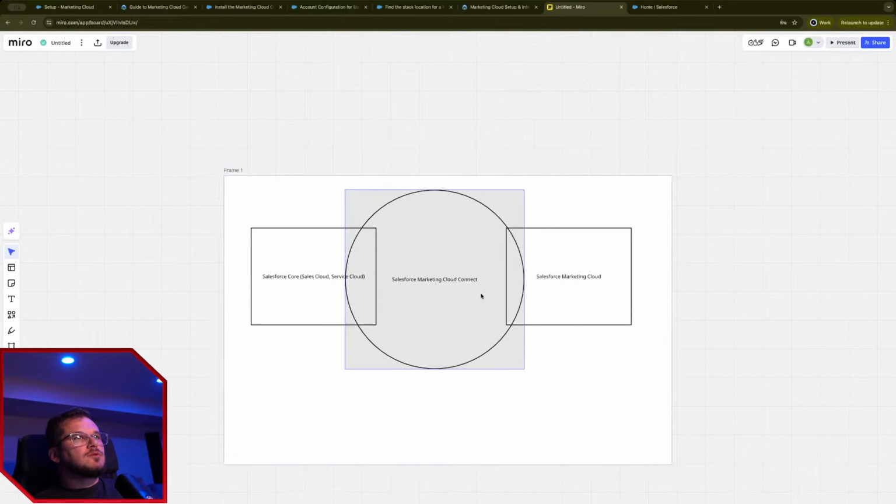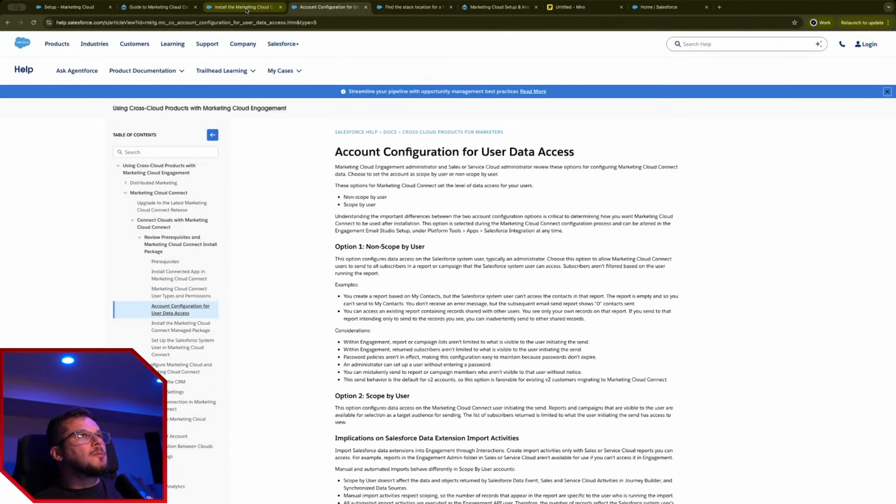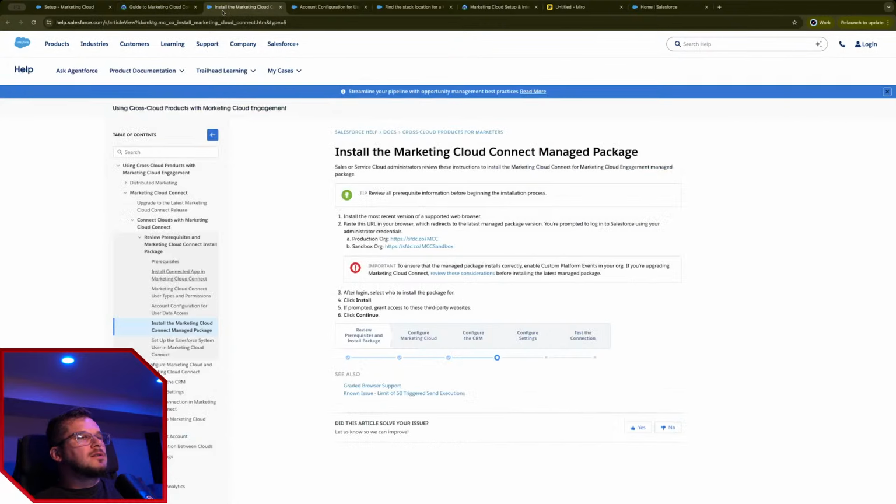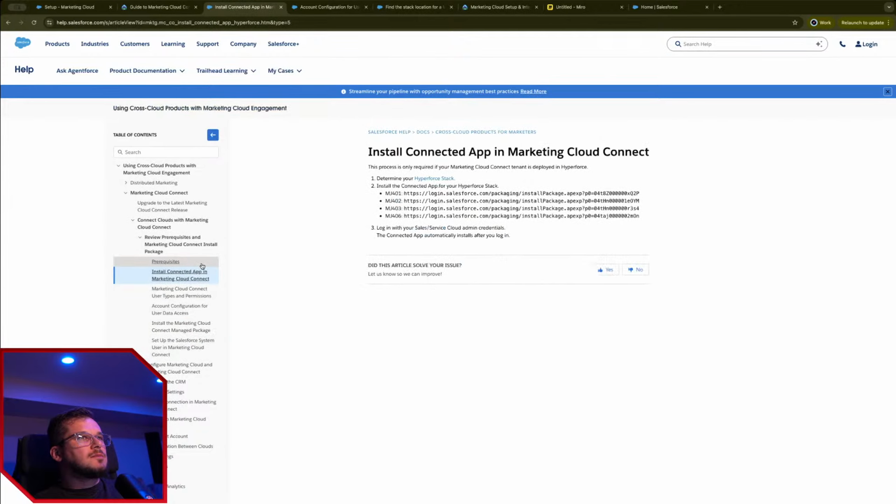And that's what I'm trying to set up here quickly, okay? Now, when installing this, you will have integration users in both systems. If your stack is on Hyperforce, you need to install some other things, but we don't need to do that. We need to create some users in both systems that are going to be used. This is the biggest one: we need to install this Marketing Cloud Connect